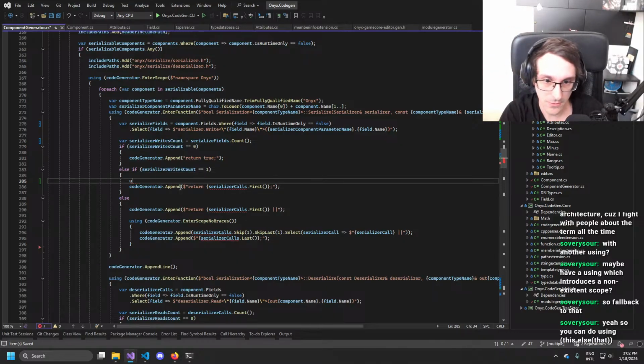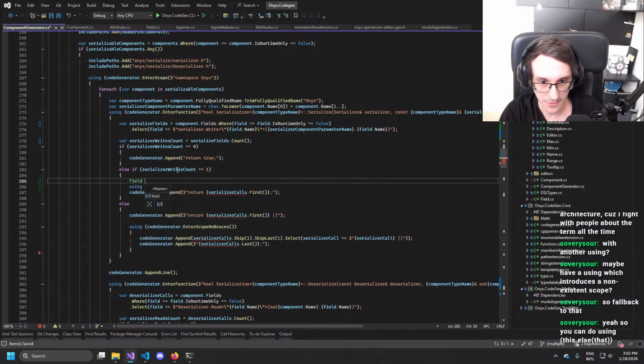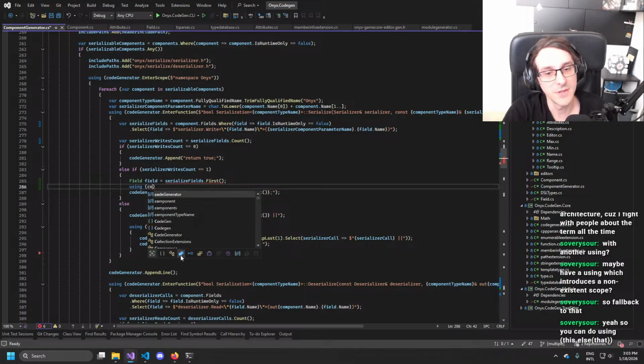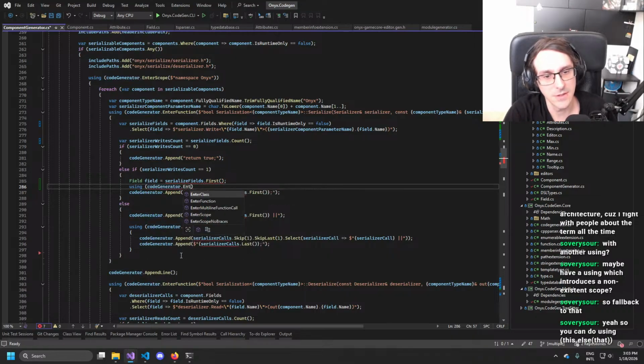And then here what we would do is using... Well, first we have the field here. And then using code generator, enter scope, enter conditioner.